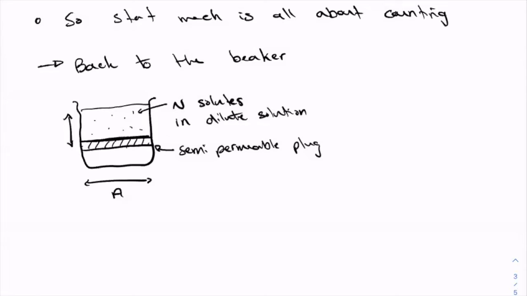And the location of that plug, and therefore the volume accessible to the solutes, is then the length of that plug from the top, L, times A. And now let's ask a specific question. If that plug is free to move up and down,